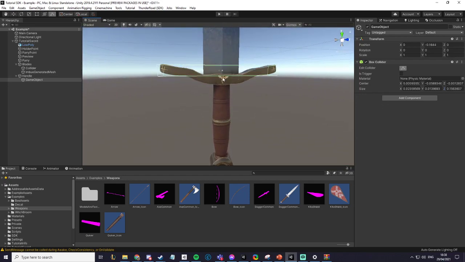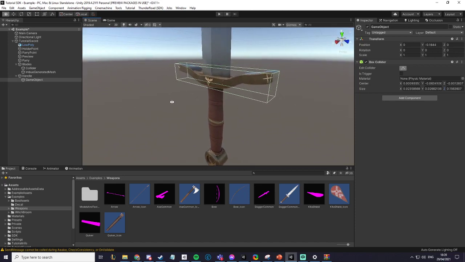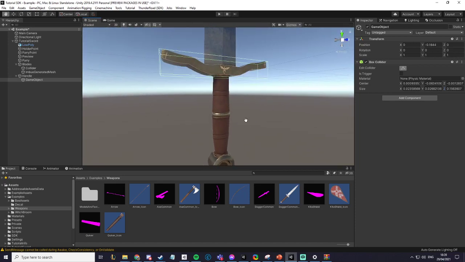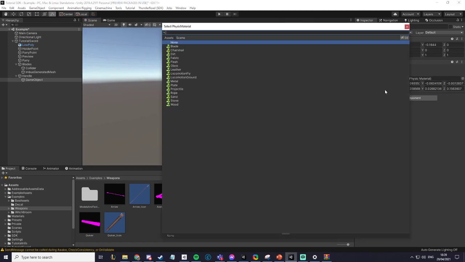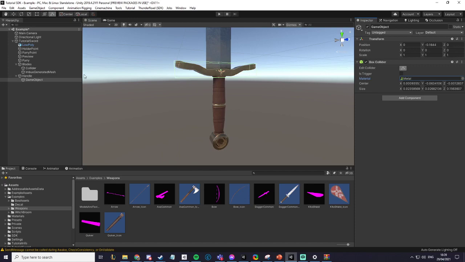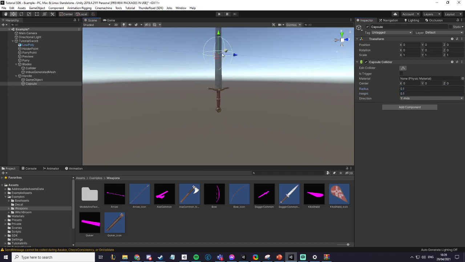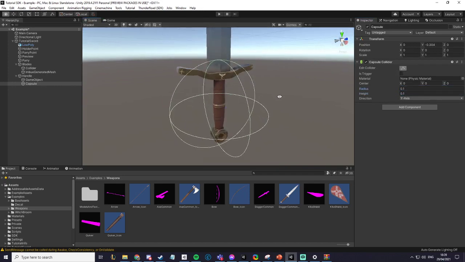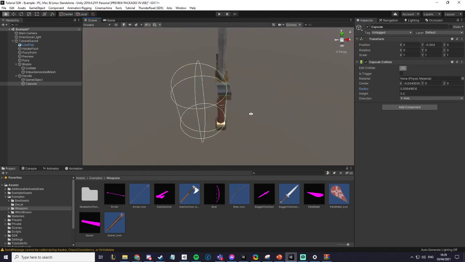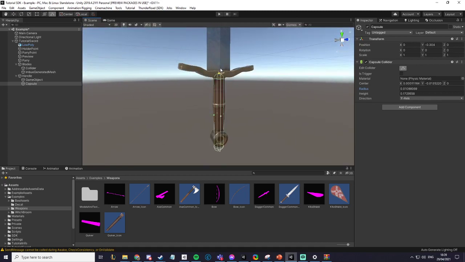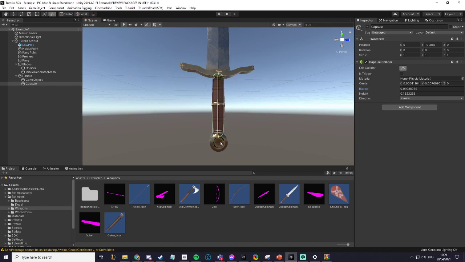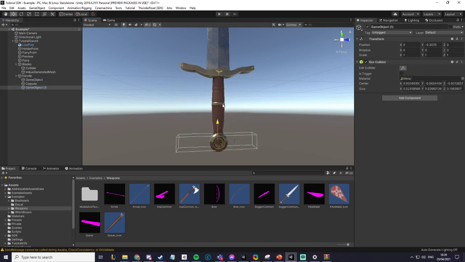You can be as precise as you really want during this process, but remember that mesh colliders, and a lot of them, can cause a few issues. So I will add metal, then create an empty for the capsule, which I will add a capsule collider. And then finally, I will add another box for the